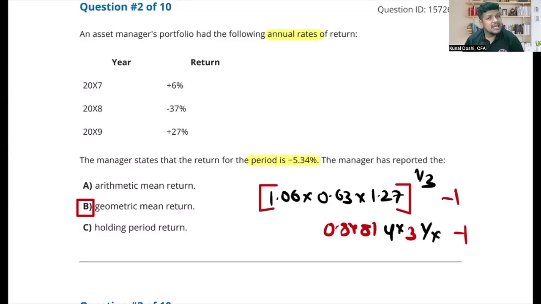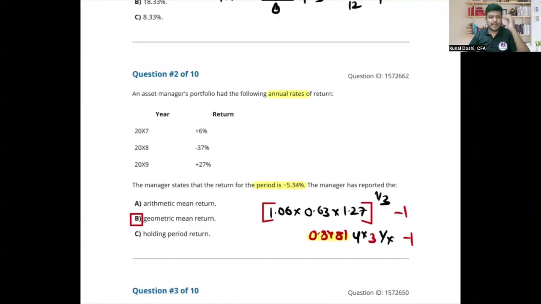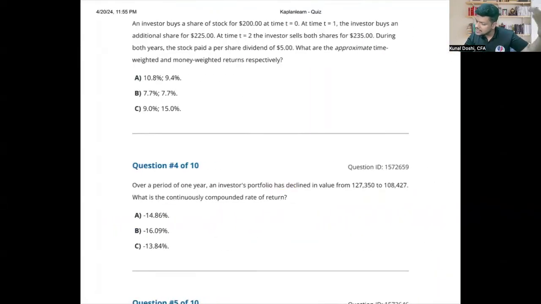What about holding period return? Guys, in the case of holding period return, all you have to do is not do the 1/3 power. You just compound and subtract 1. That was your holding period return. Got it? Remember, this is HPR for multiple periods. The only difference between HPR for multiple periods and the geometric mean is that you raise to the power 1/n under the geometric mean. Remember that? We did the same concept just a few minutes back. Got it, everyone? Second question, any doubts? Let me know, otherwise I'll move on.